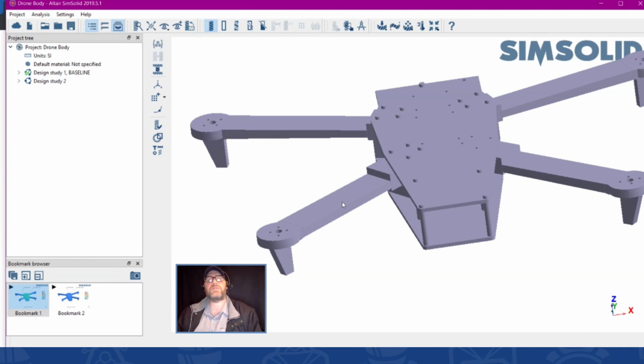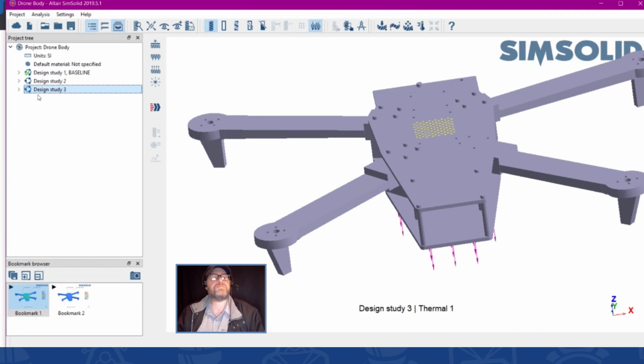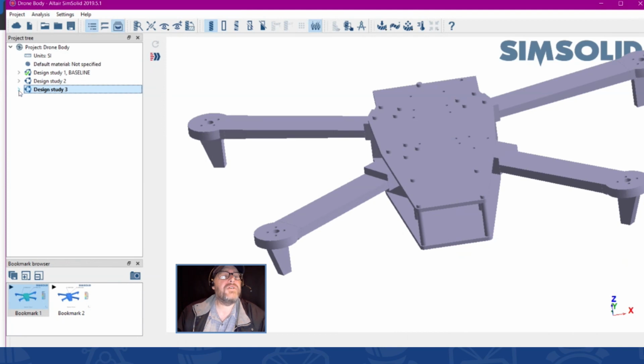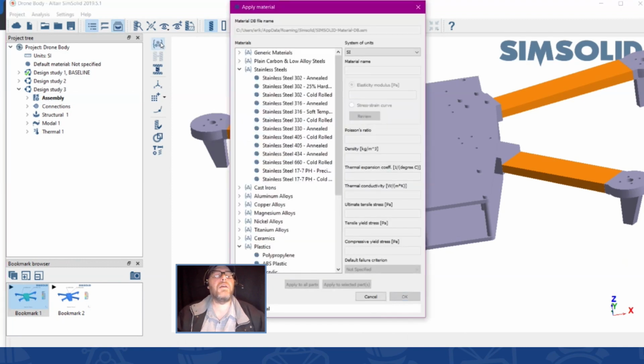That might be a bit of a process in a normal analysis tool, but within SimSolid, all I have to do is come to my design study 2, right-click on it, select copy, and as quick as that, I have an exact copy of design study 2, now called design study 3, and I could come here, I could pick this arm, control, control, control, click those arms right there, come to my, oops, I guess I had to be in assembly first, I apologize. Select that, control, control, control, come to my material,